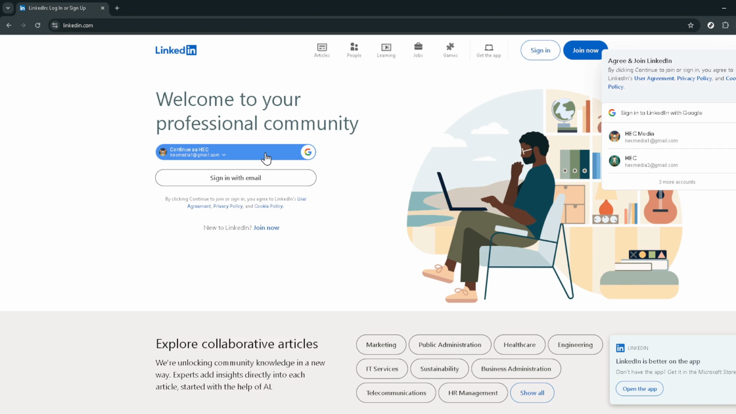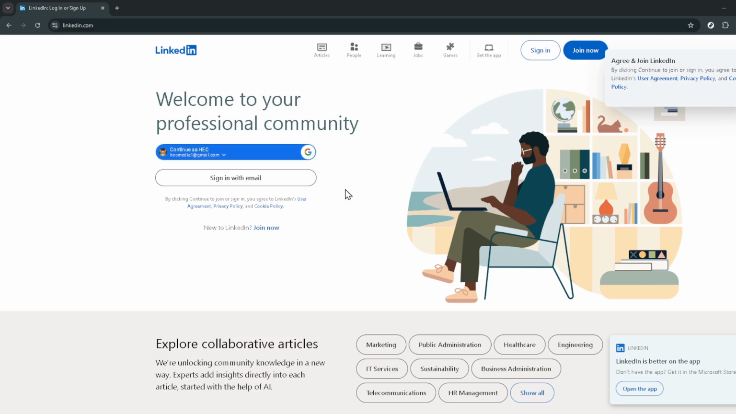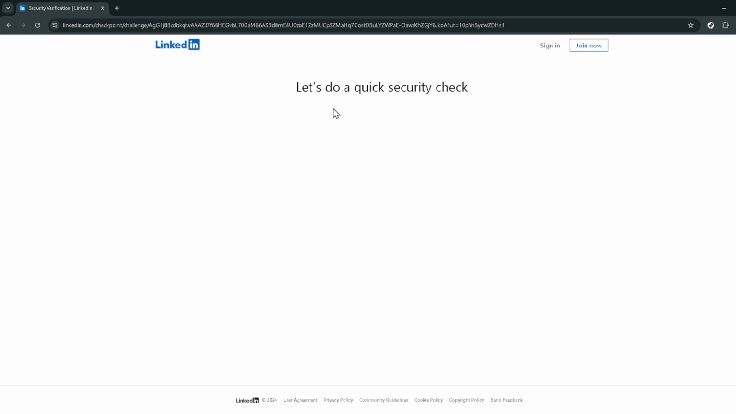Once you're there, you can sign in using your Google account or continue with your existing LinkedIn account. LinkedIn places a high value on security, so don't be surprised if you're asked to complete a CAPTCHA to prove you're not a robot. Once you're logged in and on the main feed, direct your gaze towards the top right